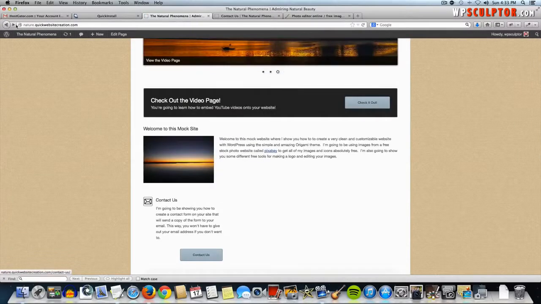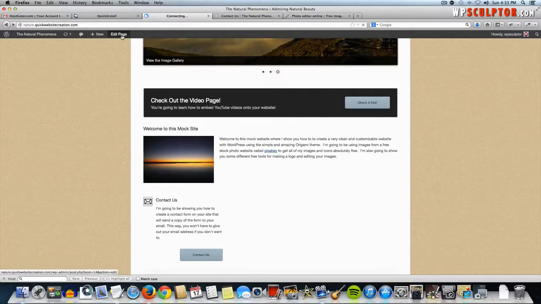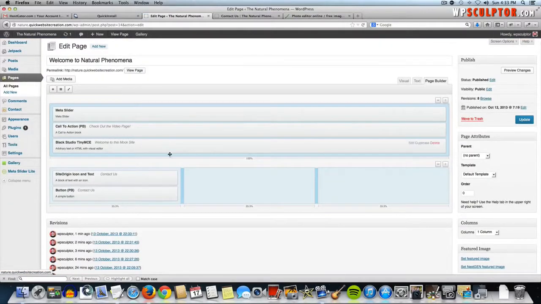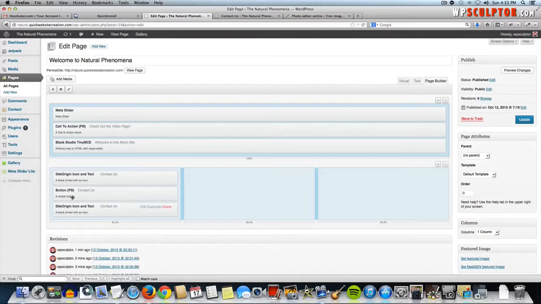So let's go back, click on the edit page icon to be taken to our home page editor, and we're going to duplicate these since we're going to use the same widgets in this section and this section, and then we'll just change the content of them. We can click on this duplicate, and then that'll duplicate it,